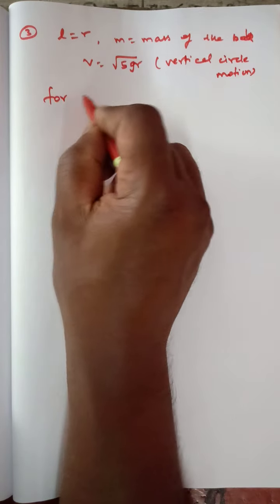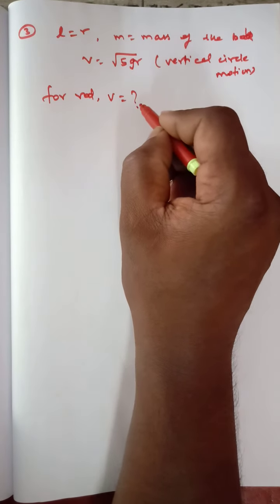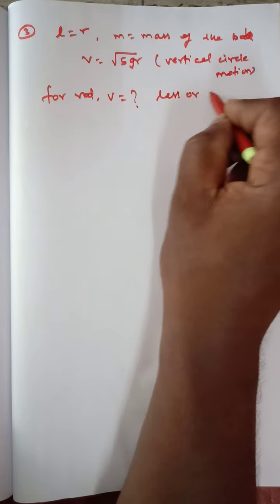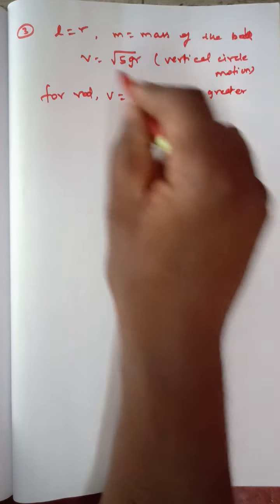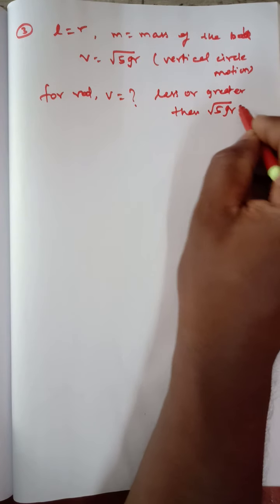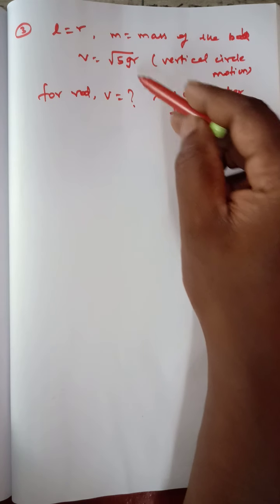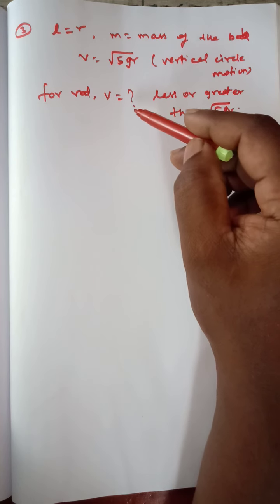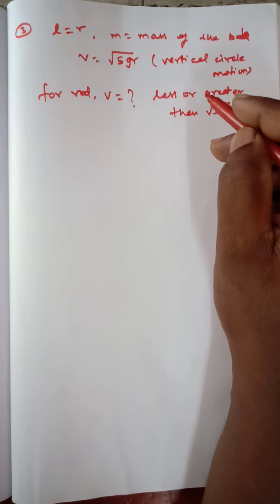So check this value, that is for a rod. What is the velocity? They are asking whether this velocity is less or greater than the value v equal to root of 5gr. This is the question. This is for a rod, and the other is for a string. String and rod are both the same length, but the rod's mass is very, very little. So we know that according to motion in a vertical circle,